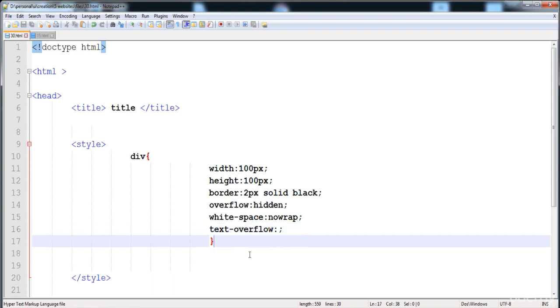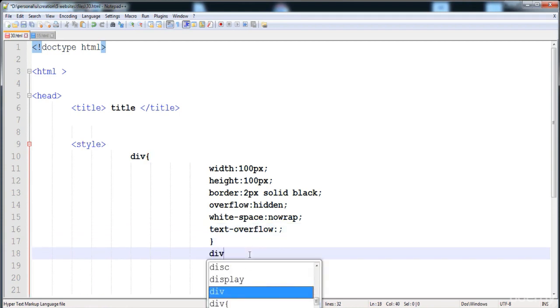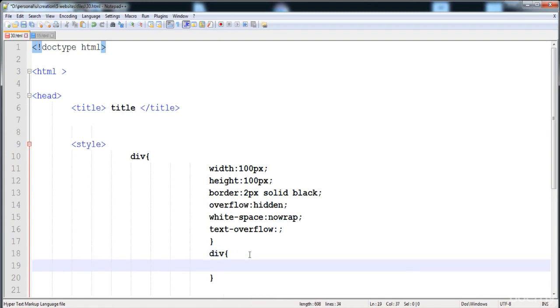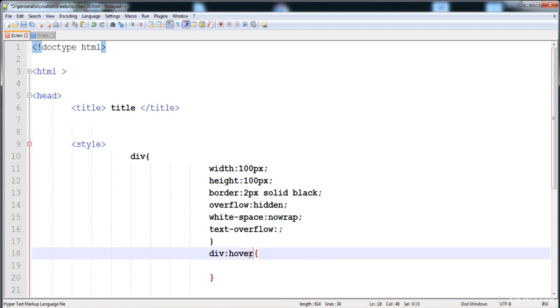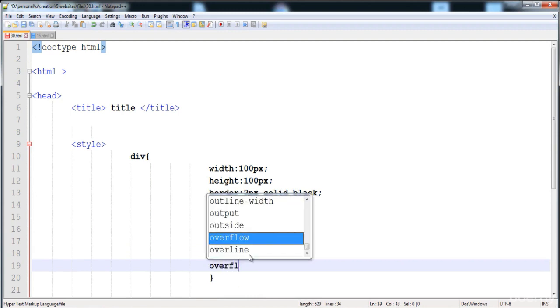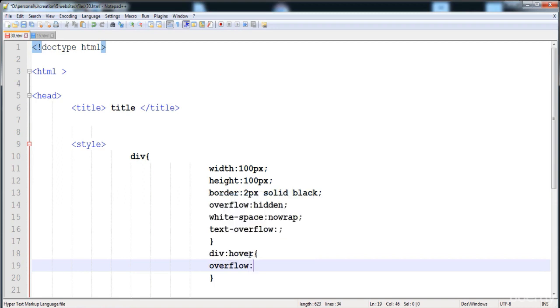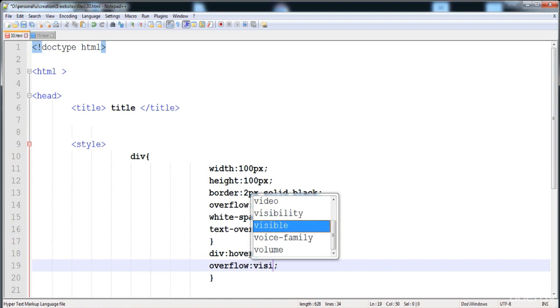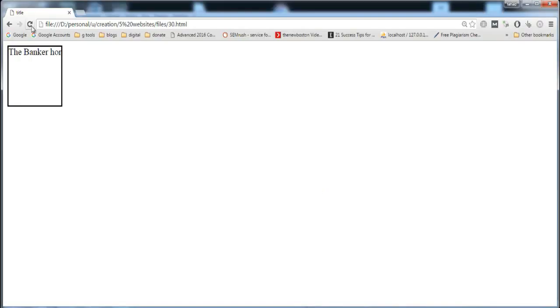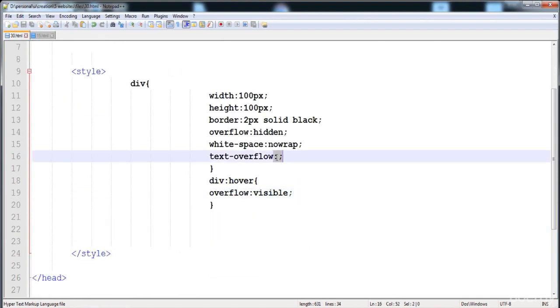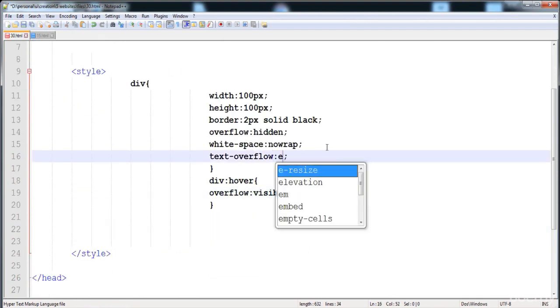But before this, when we take the mouse over the div, here is the hover, then it shows overflow visible. So now the text is visible on the screen when we take the mouse over the text, but here you can see that we cannot judge that some kind of text is present here. But if we give text-overflow ellipsis,